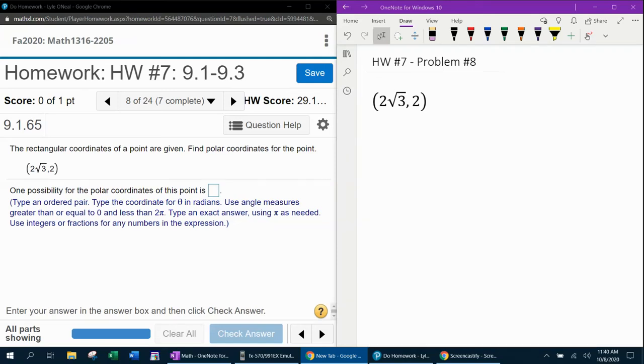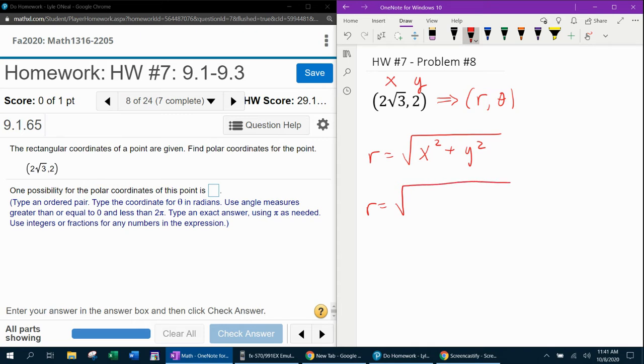Question number 8 from our 1316 homework number 7 in MyLab Math. It says the rectangular coordinates of a point are given. Find polar coordinates. So since rectangular coordinates are given, we know that this is an x and a y. We want to convert that into r and theta. And the formula for the radius is the square root of x squared plus y squared,